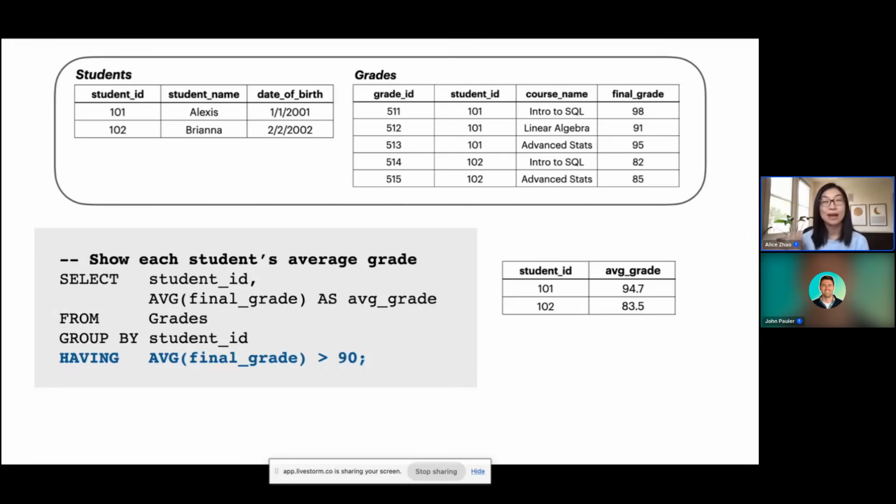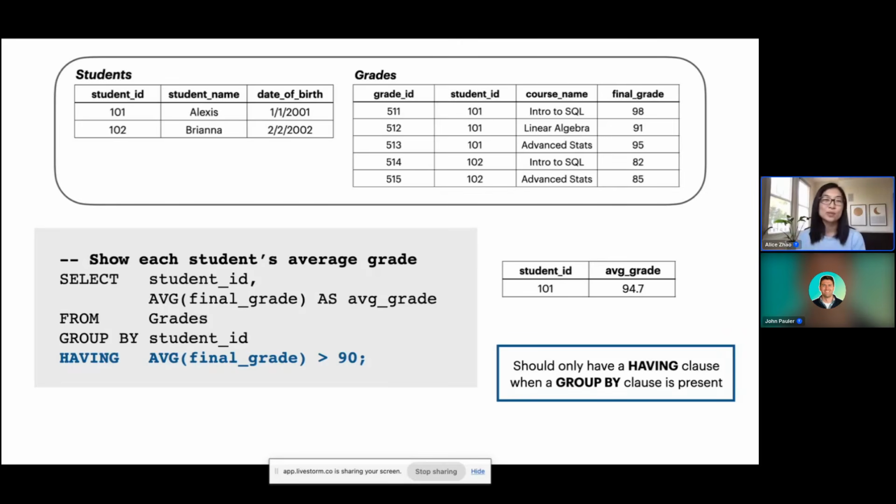And then with that, I would get rid of that last row there. So you can think of having as a filter for your group by data. You don't use having as much. You would only use it if you have group data, with a group by clause present, then you can filter that output with the having.